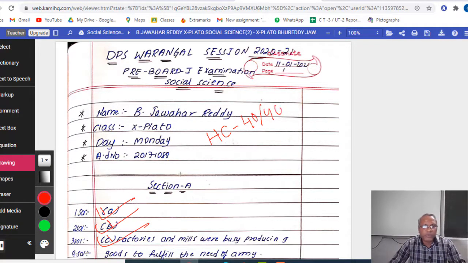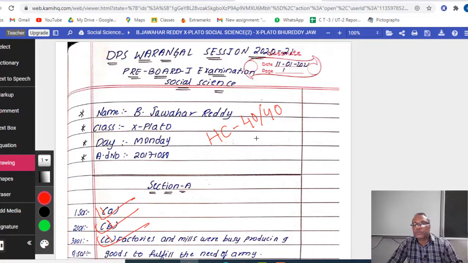This paper will be opened again by ma'am, and my marking will be there, and she will be marking with a green pen in the same manner. It will be saved in her drive, in my Google Drive, which has been shared by the school. So this is how I corrected. After correcting, putting the final mark, he got 40 out of 40.